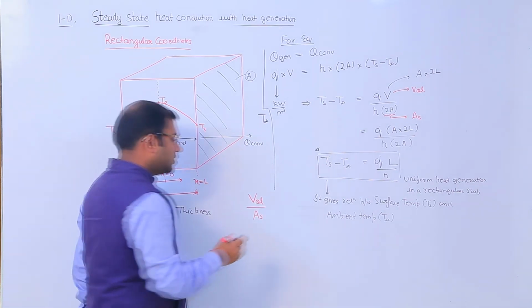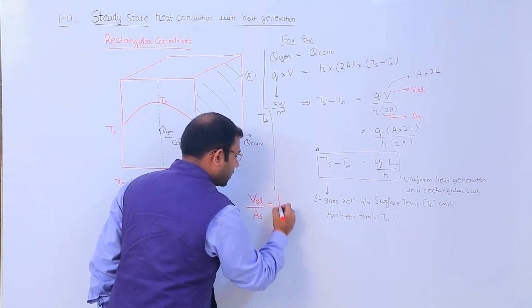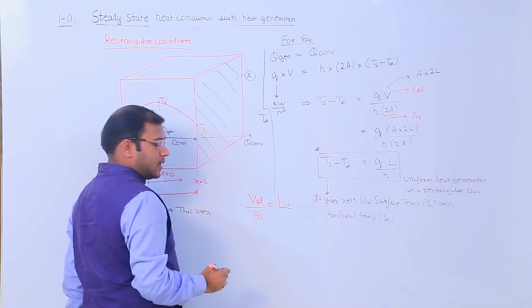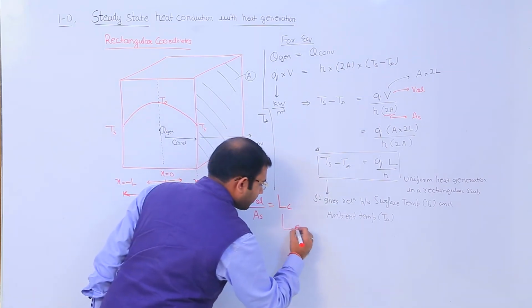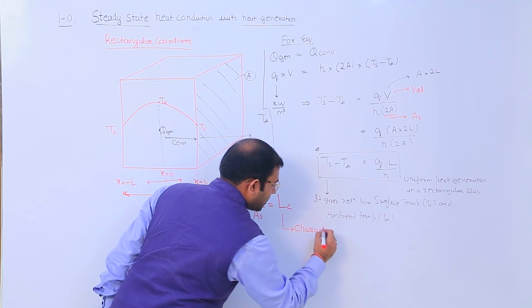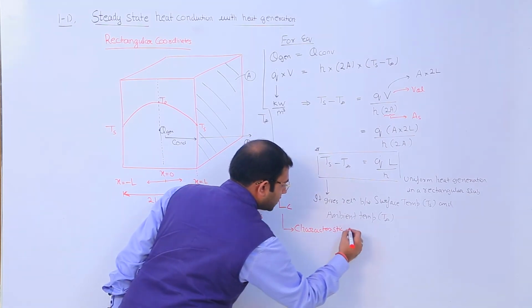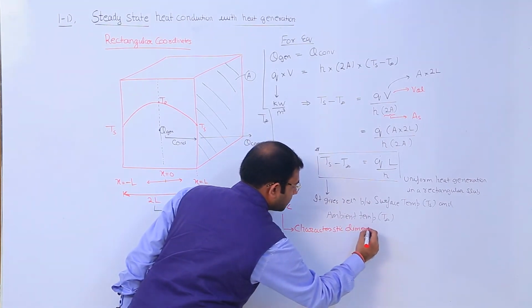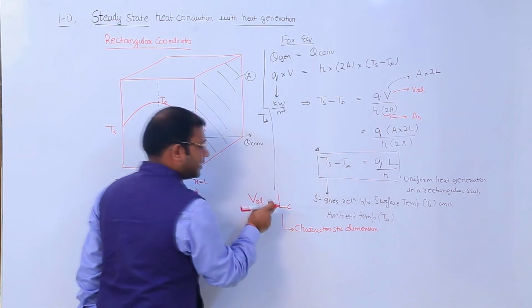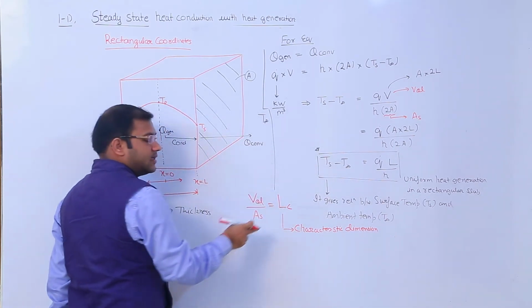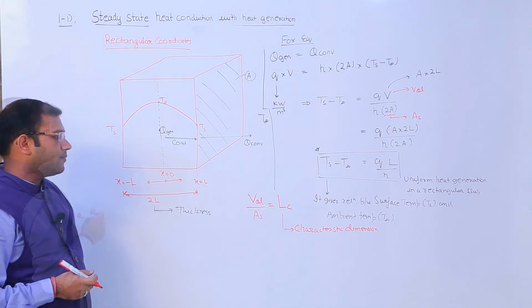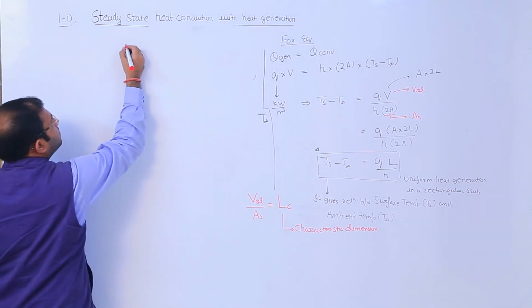Fine. So, this term is nothing but your characteristic dimension Lc, represented by L and C in subscript. Fine. Now, come to